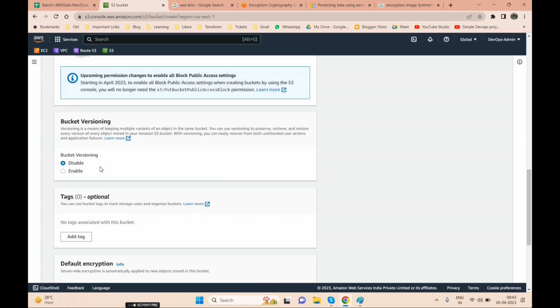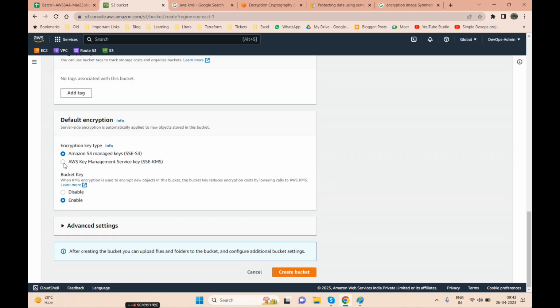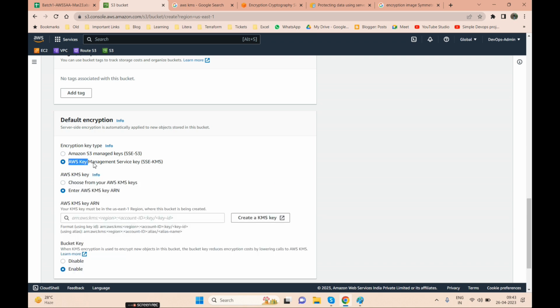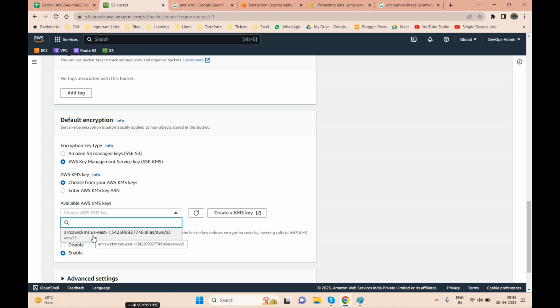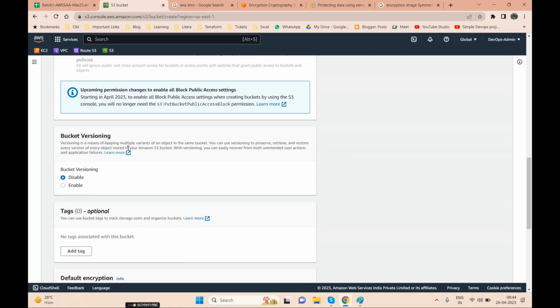Like this is the key, and you go down, see here, you will see AWS key management service. Choose from your AWS key, like for example you can go and create your own key, but if not, then enter the key ARN here. So if I want to choose it, it will show me the pop-up. This is the default key which has been created, but you can go and create your own key also, no problem with that. Are you able to understand here? Yes. Yes.